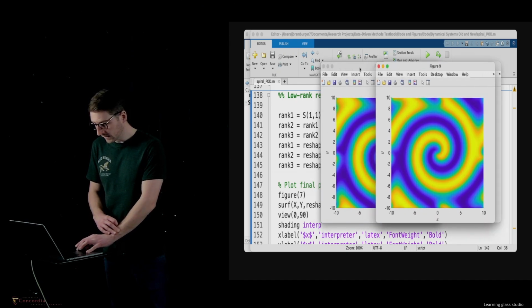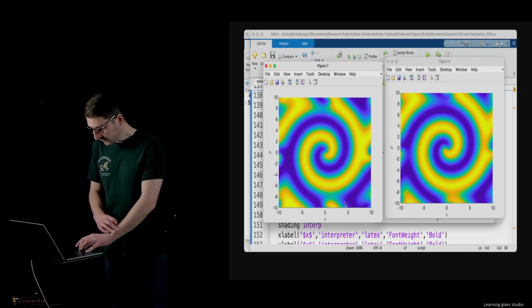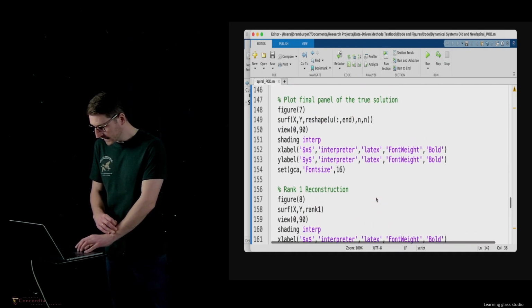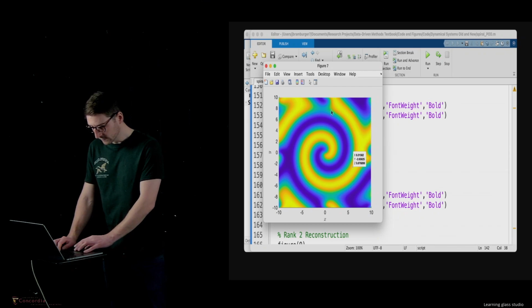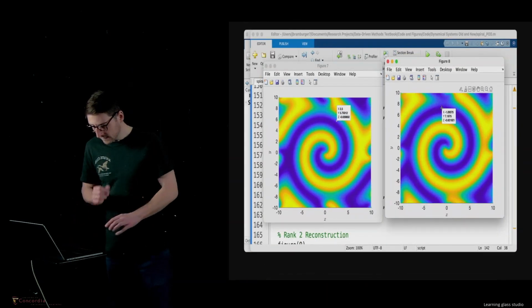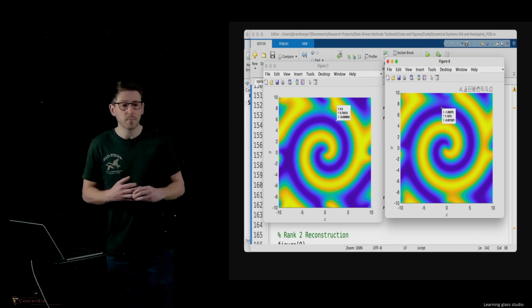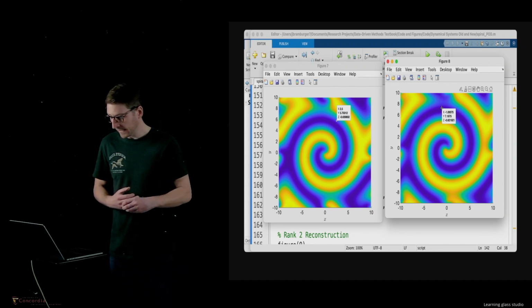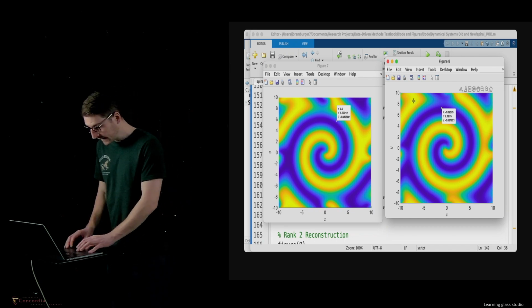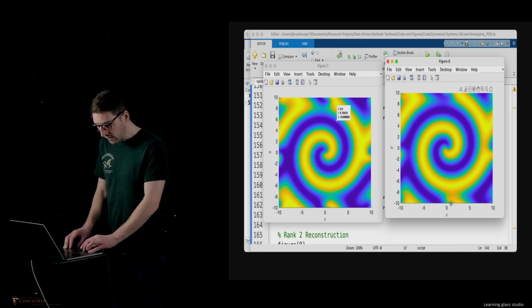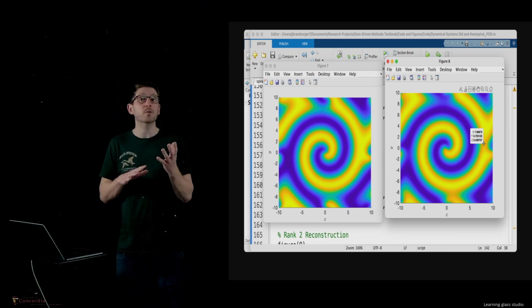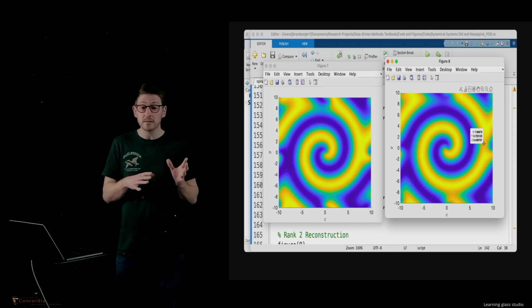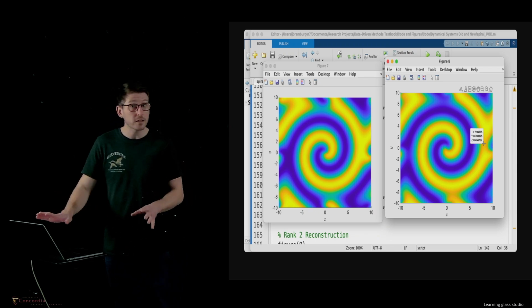So let's start with figure 7. So in this case, what we can see is, pardon me, where's figure 7? Here's the true solution, okay? And here is the rank 1 approximation of this thing in figure 8 on the right-hand side. You can see that they look almost identical. There are some small, teeny tiny little noticeable differences here. And that's because the rank 1 reconstruction is only about 50% of the information. But it's pretty darn good if you ask me, right? Without looking too close, they look almost